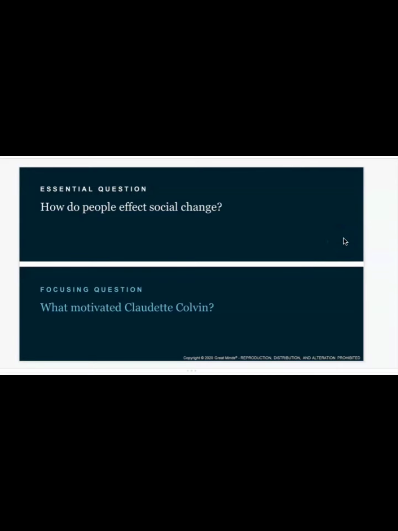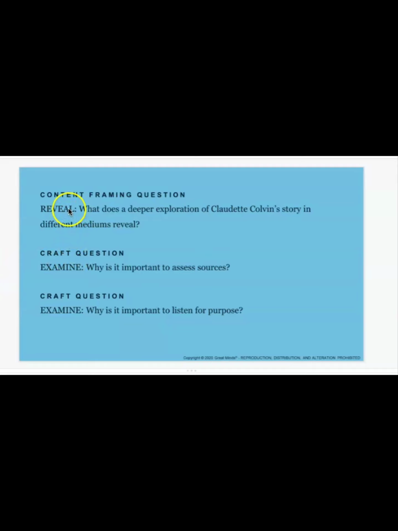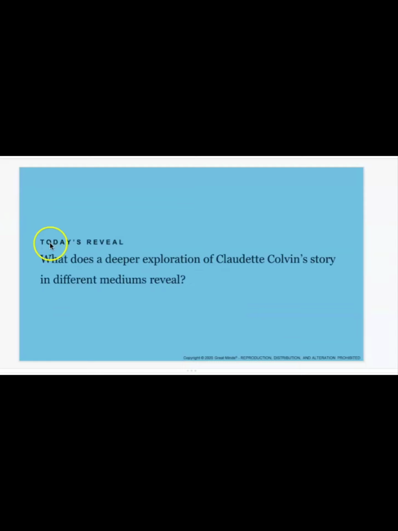Now moving on, our essential question is, how do people affect social change? And our focusing question is, what motivated Claudette Colvin? Our content framing question in our reveal stage says, what does a deeper exploration of Claudette Colvin's story in different mediums reveal? And in our examine craft stage, why is it important to assess sources? And our craft question in our examine stage says, why is it important to listen for purpose? So we have two craft questions for this lesson. Today's reveal is, what does a deeper exploration of Claudette Colvin's story in different mediums reveal? So moving on,